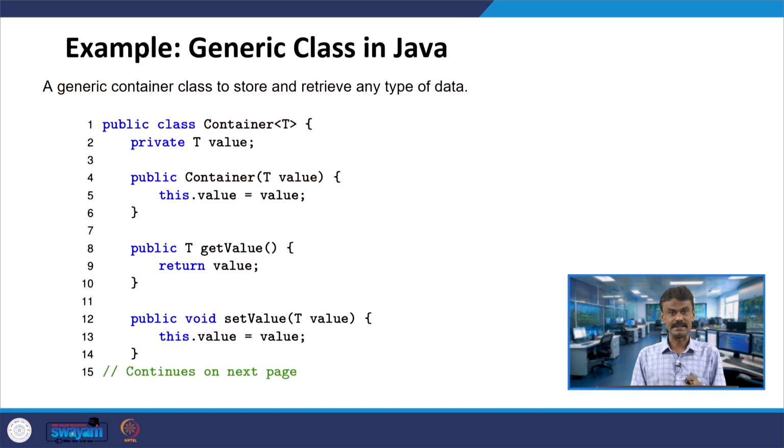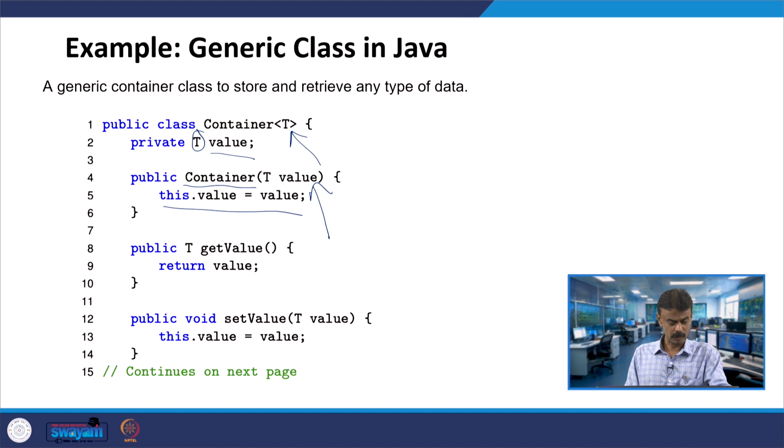Now let us see this particular program. The name of the class is Container, and then you have the generic T, and a private data member value of that generic type. You have a constructor called Container, a one-argument constructor. We pass value, and it is copied properly when you use this dot value; otherwise it will be 0, the initial value.